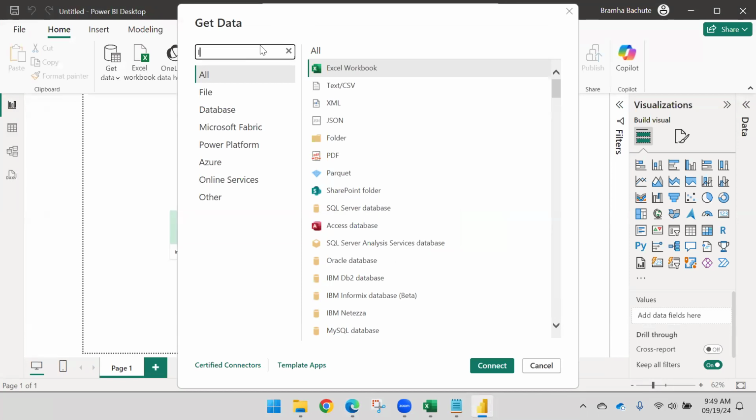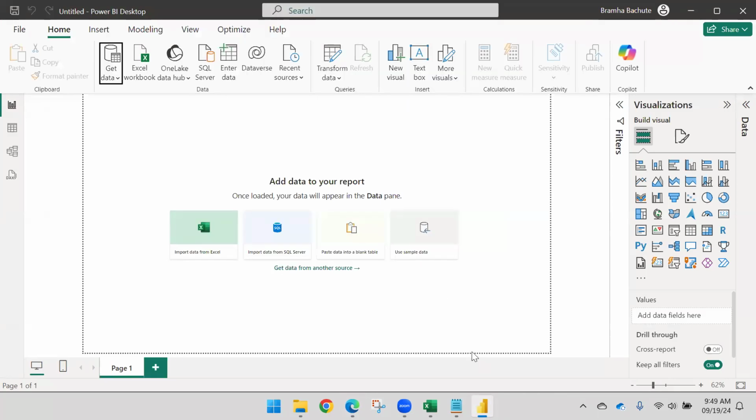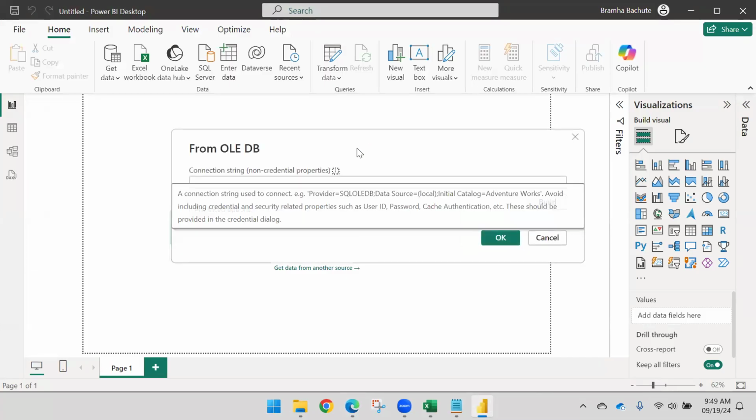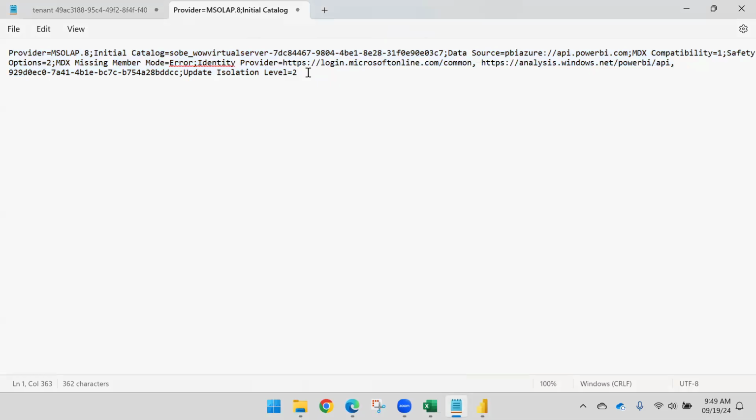Let me search for OLE DB. This is what you need to use. Then connect